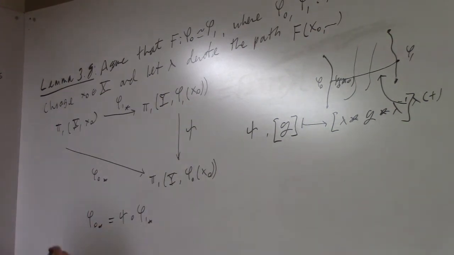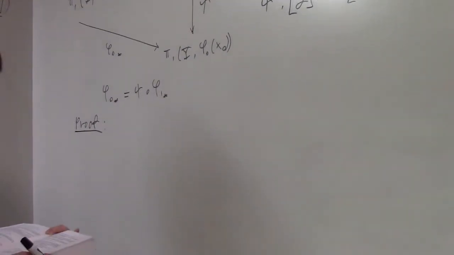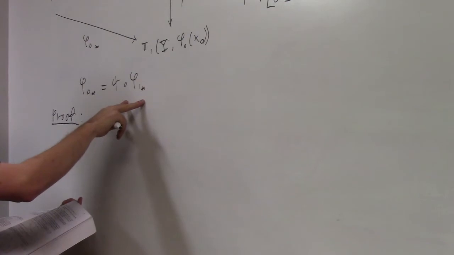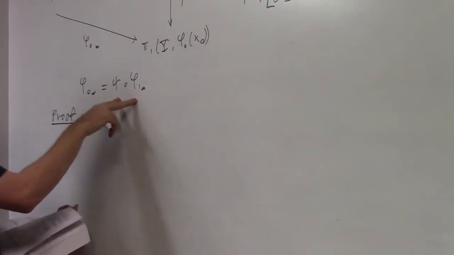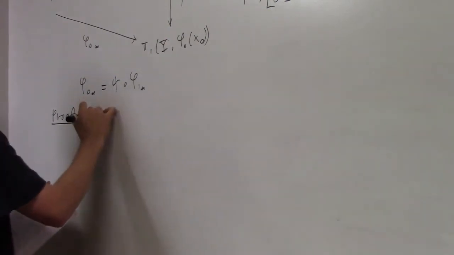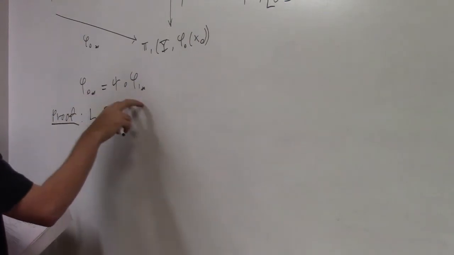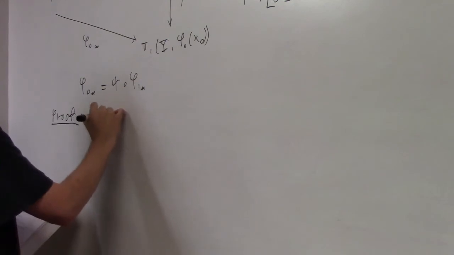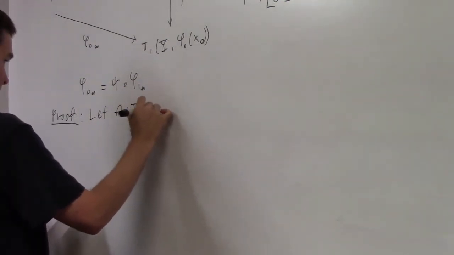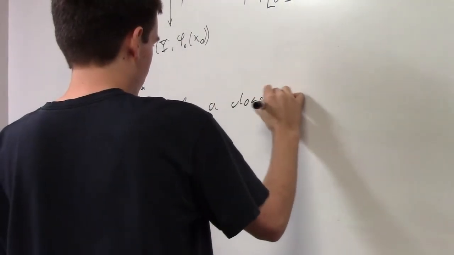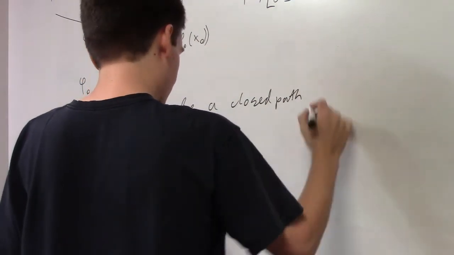So, proof. Because these are maps from closed paths to closed paths, to show that they're equal, we check that the value of each map for every closed path is equal. So we let f from I to X be a closed path at x naught,